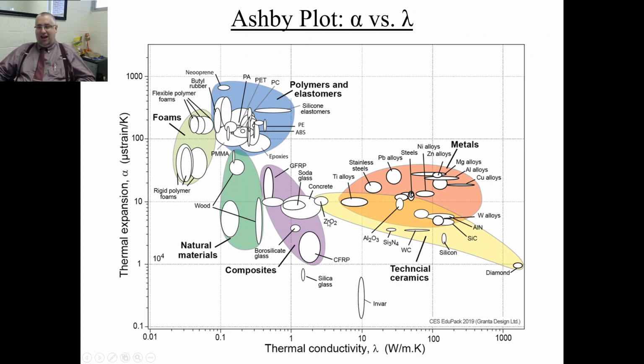And here you see this really neat trend that's kind of universal to all materials, which is the idea that if you have high thermal expansion, you have relatively low thermal conductivity. So there's this very clear trend that runs from left to right in this direction across this